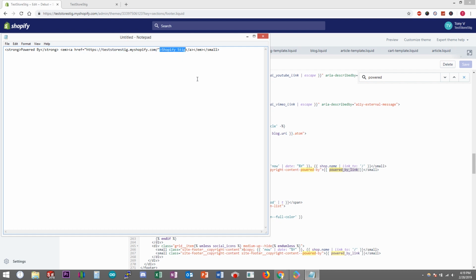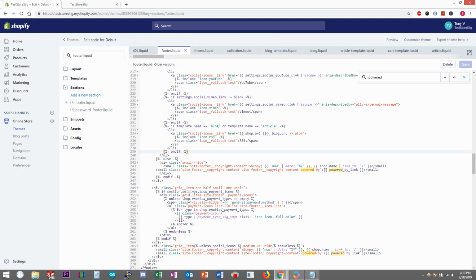So right here it's called the Shopify Stig. I can say Shopify Stig 1 for this example, and then we copy this code. By the way, this code will be in the description, so it's easier for you guys. So Control C, which is copy. Go into here, and you can see the closed bracket, or the open bracket, I should say here. We're going to remove everything up to this small. We're going to paste that